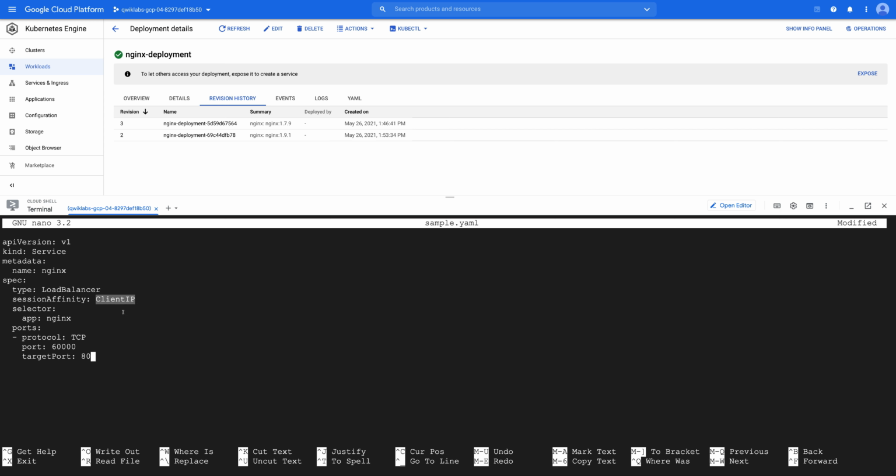What will happen with this is that every time a request is received by the service, it will check the IP and keep a record of that client IP, and every request will be forwarded to the same end service or end pod. So every time it will select the same pod, and your request will only be served by one version of your deployment. It will not switch back and forth, and you can use session affinity to do that. So today's lab is till this point, and we will go into more detail further.